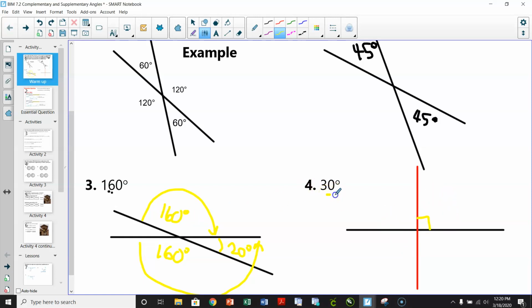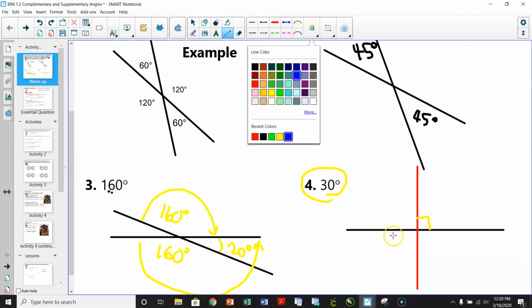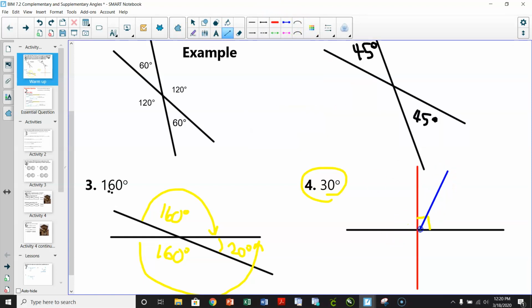And I'm looking for 30 degrees, right? And I know something about 30 degrees and 90, that it's 1/3, right? And so if I took, I'm just estimating here, right? So if I take and break this into thirds, right? So one piece,